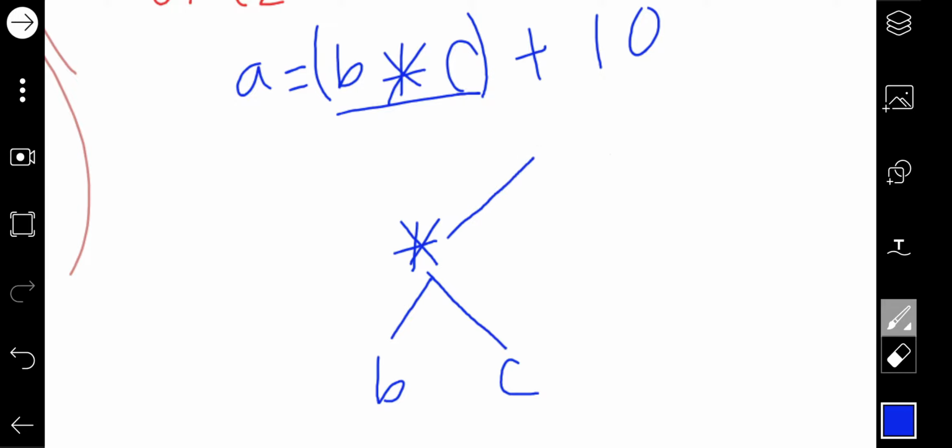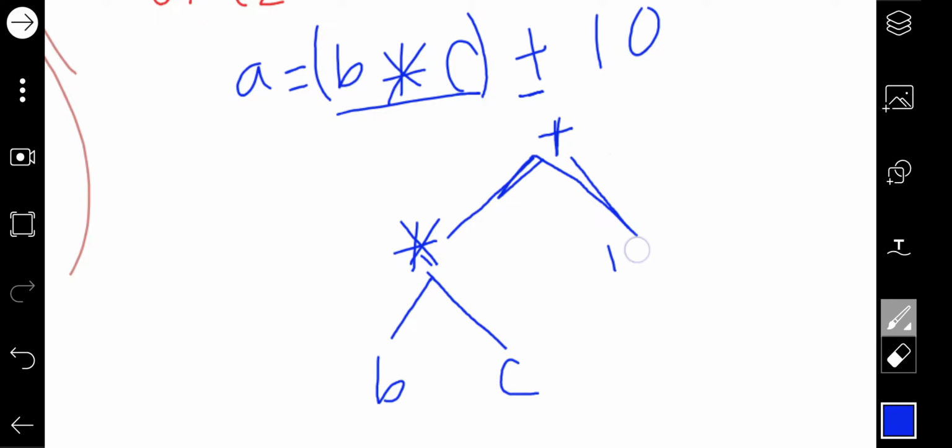Now multiply itself will be a child of some parent. Now here comes the parent, so this is one child, and plus will be another parent. Now multiply is one child, and the parent is the plus, and here 10.